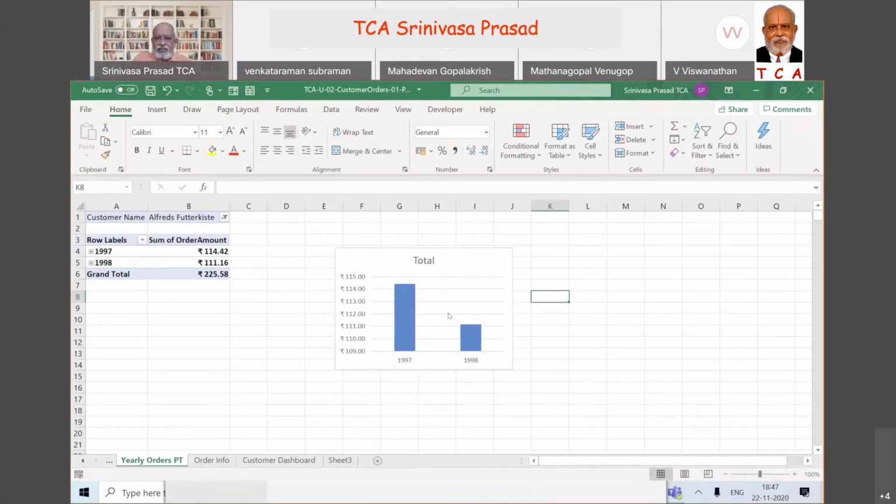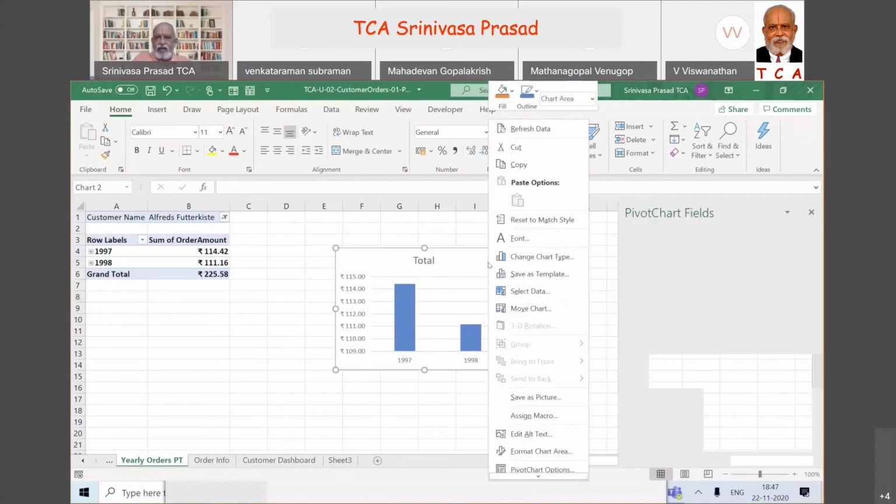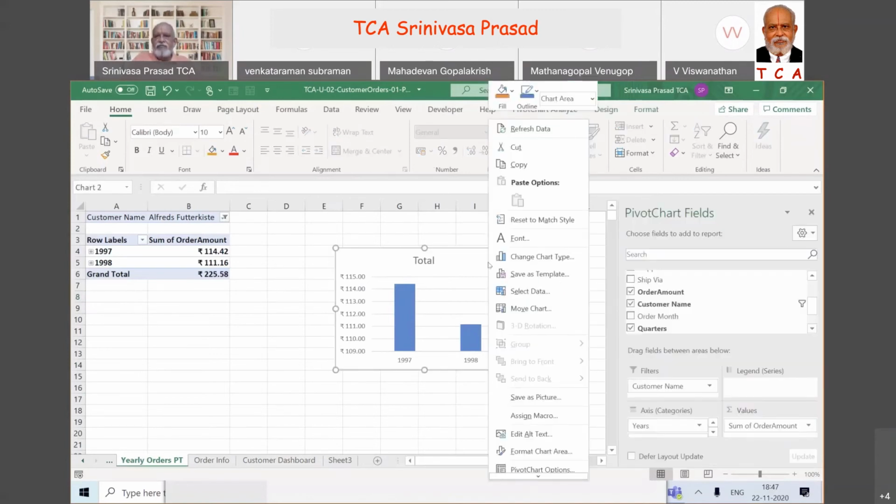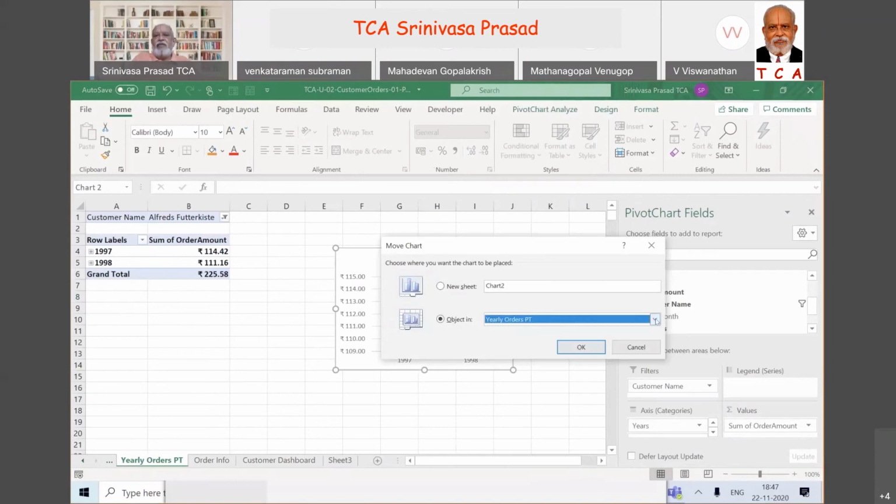Can I just move the chart to that respective dashboard? How do we do that? That is what I'm asking. Right click, Move Chart. Where? We need to select the dashboard here. Yes, Customer Dashboard.